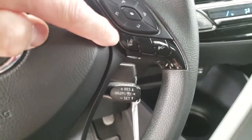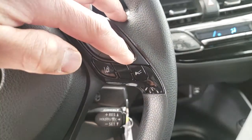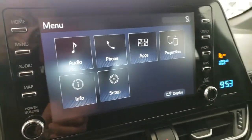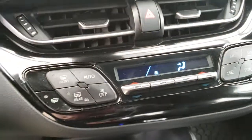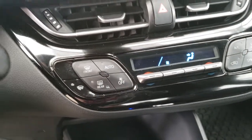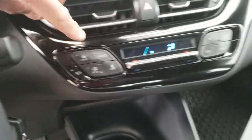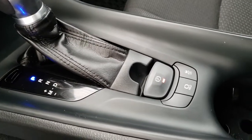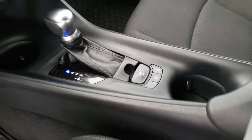lane departure alert with steering assist, dynamic radar cruise control with pre-collision system, multimedia display with backup camera and Bluetooth audio, dual zone climate control, windshield wiper deicer, electronic parking brake, traction control,